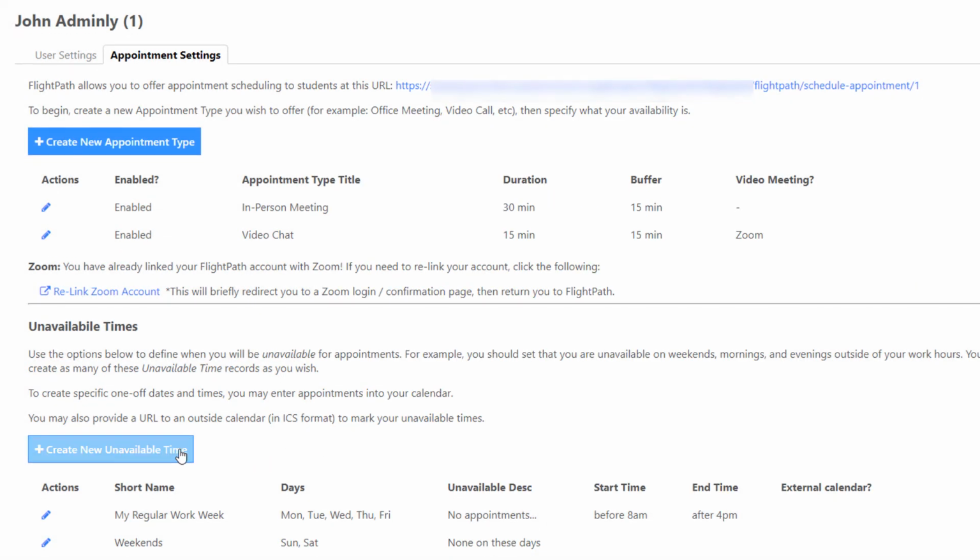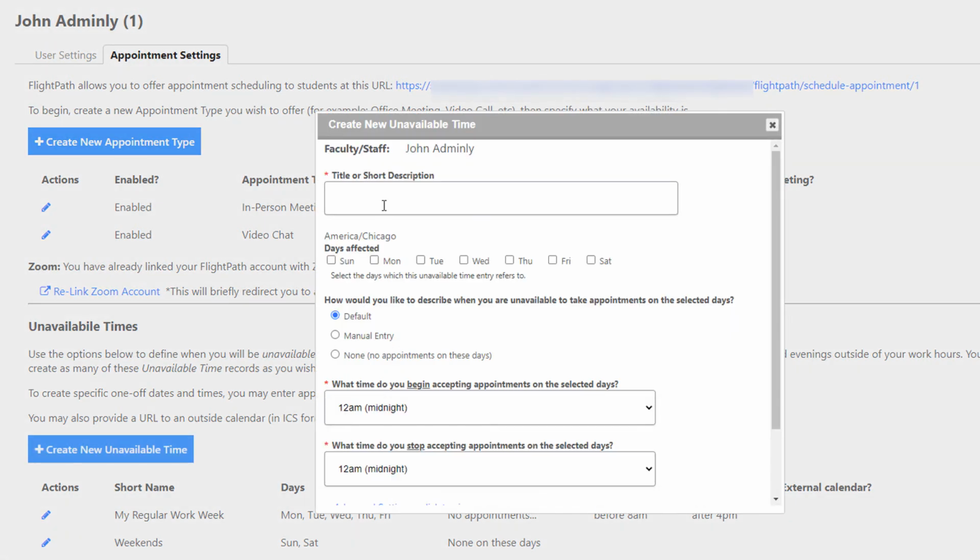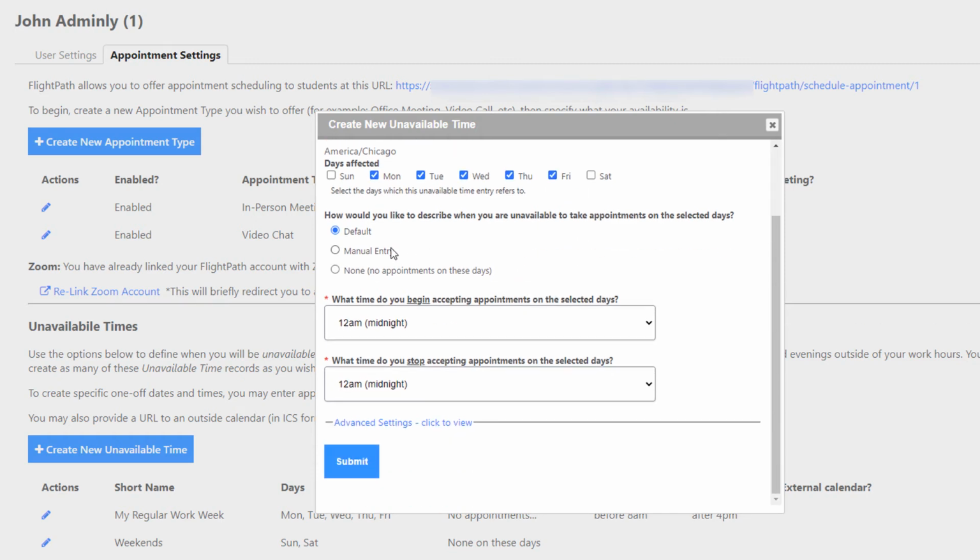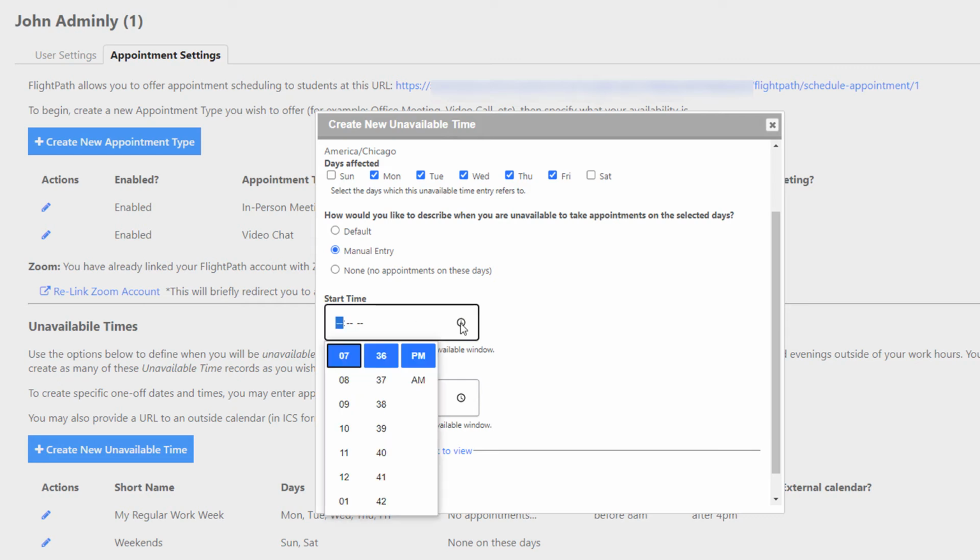And then finally, let's put in some time for, let's say, a lunch hour. We just want to make sure that we're not stretching ourselves too thin. So let's say the days affected are Monday, Tuesday, Wednesday, Thursday, and Friday. And I take my lunch from, let's say,